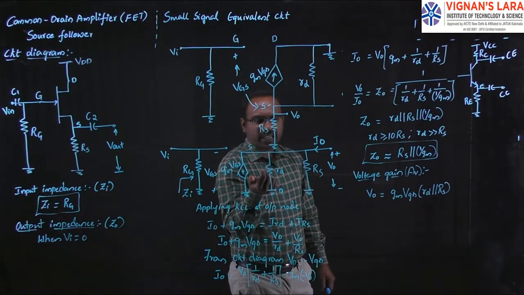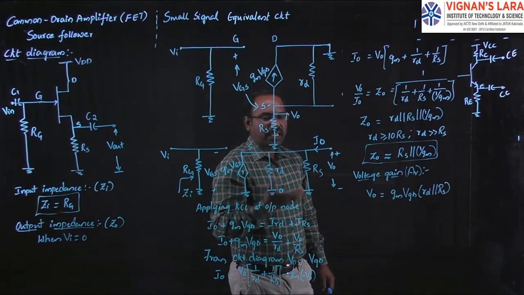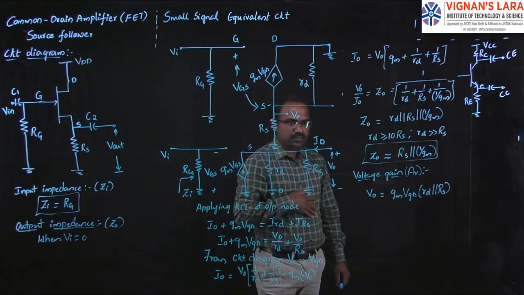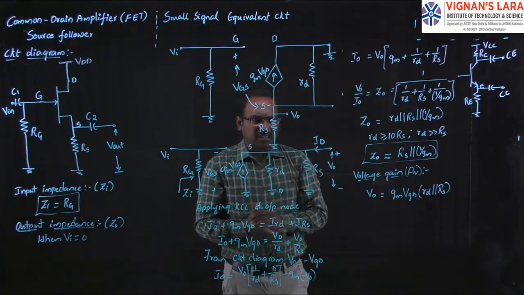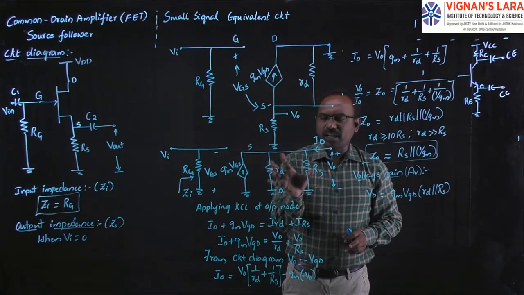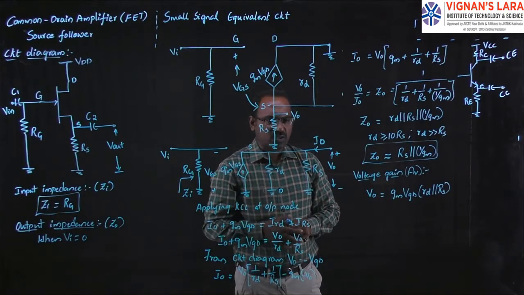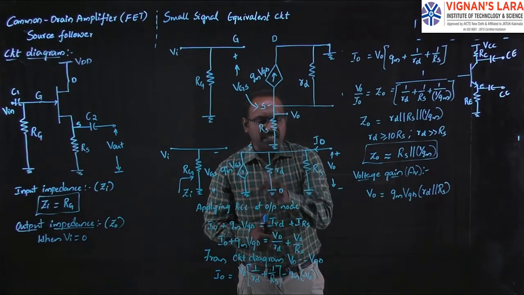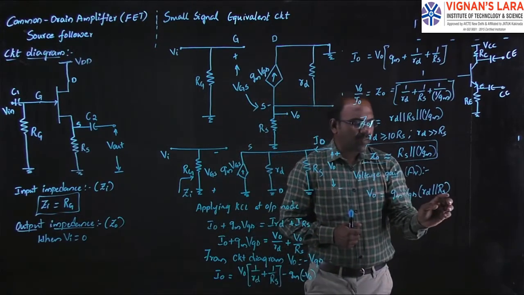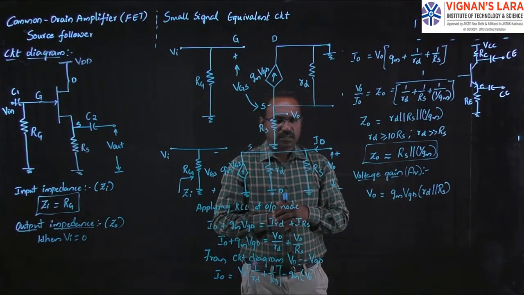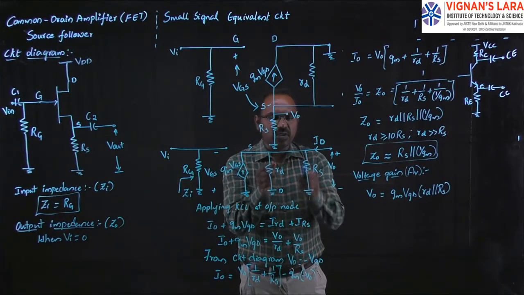So here if I can replace this current source with an equivalent of voltage source, or I can write simply V0 is nothing but the drop across these two resistances. This is a dependent current source. So if I can replace this with a single resistance, that resistance value is RD parallel with RS. So the voltage V0 is nothing but the current flowing through this into this equivalent resistance value.